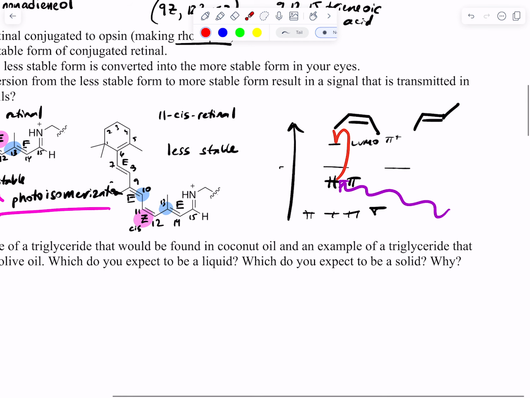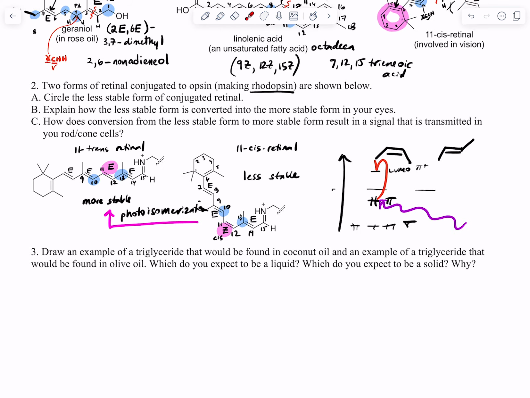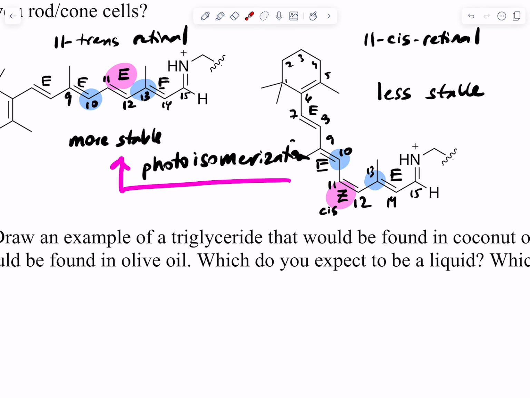For normal alkenes, it's usually ultraviolet light that can do this kind of thing, but for 11-cis-retinal, because of all of the double bonds that are adjacent to each other, the photon that excites from HOMO to LUMO is in the visible region, okay? So this 11-cis-retinal is spring-loaded. It's like a mousetrap, and as soon as it absorbs a photon of light, boom, the pi bond breaks, it isomerizes, and now